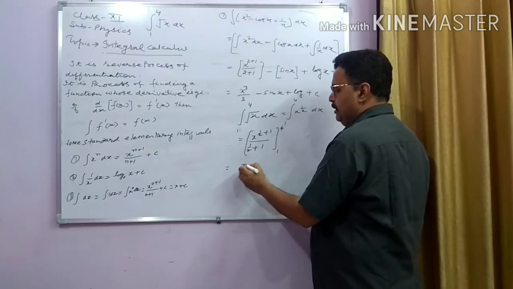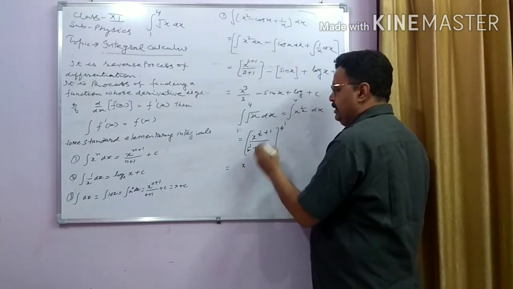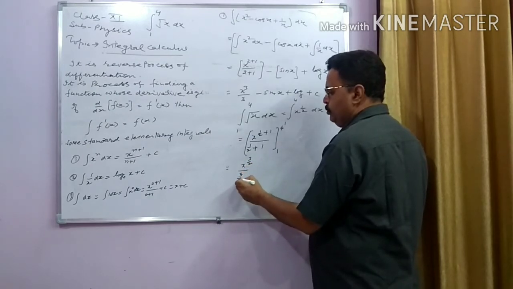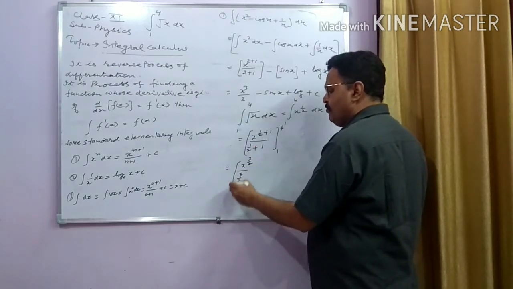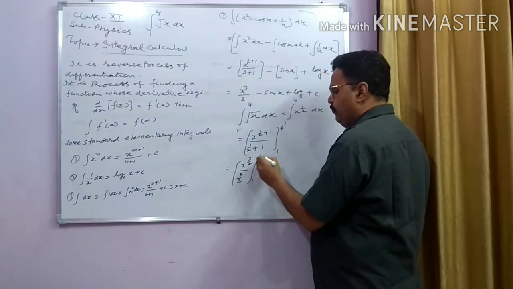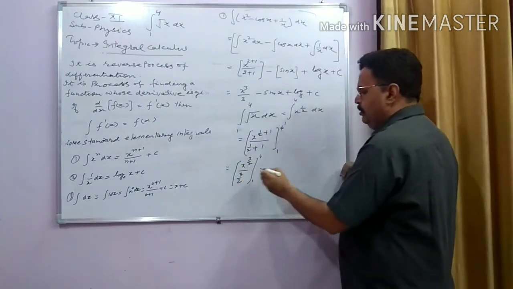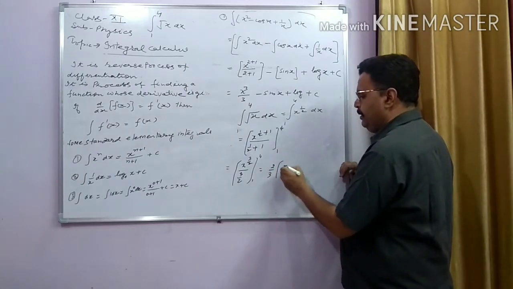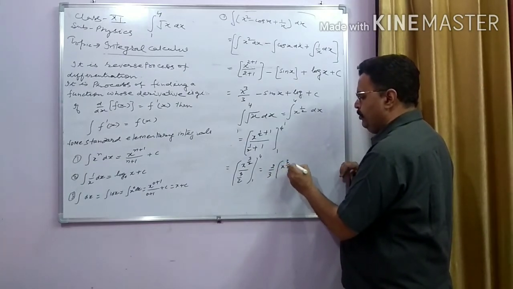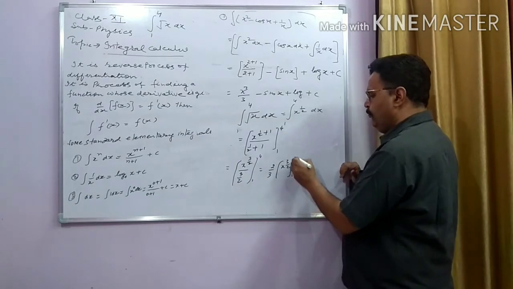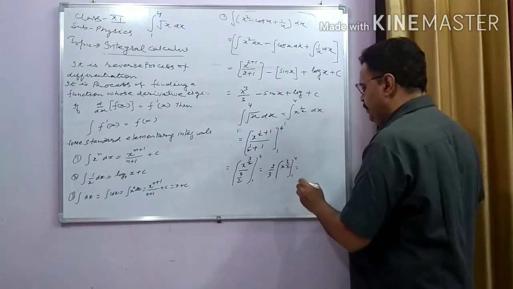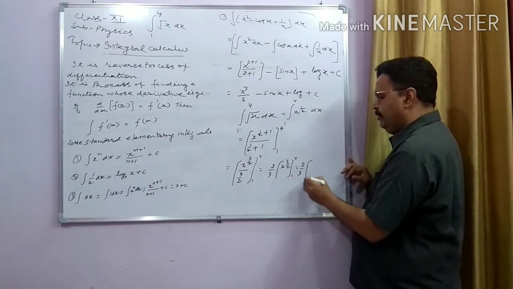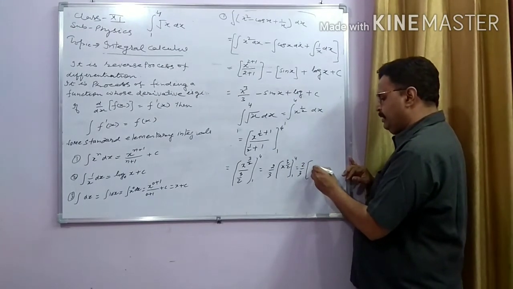The integration of this expression can be taken as x raised to power 3 by 2 upon 3 by 2, limit 1 to 4. Or we can write this as 2 upon 3 times x raised to power 3 upon 2, 1 to 4. Now we can put here the limit, 2 upon 3,